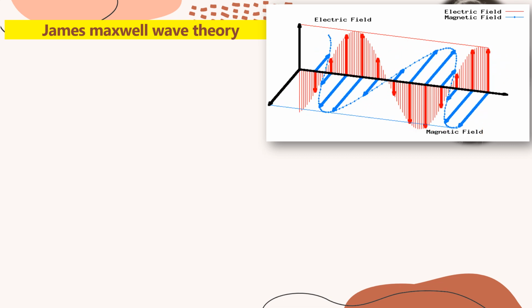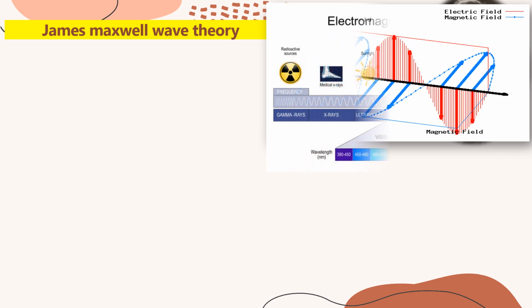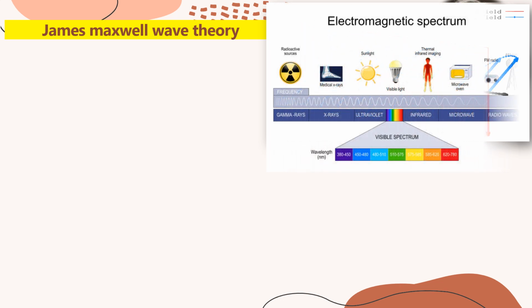There are many types of electromagnetic radiations which differ from one another in wavelength. These constitute what is called the electromagnetic spectrum. Different regions of the spectrum are identified by different names. An electromagnetic wave can be described in terms of four quantities, that is wavelength, wave number, frequency and velocity. See the first one, wavelength.